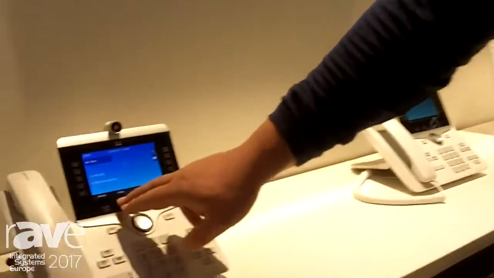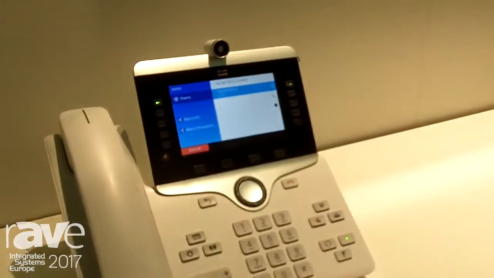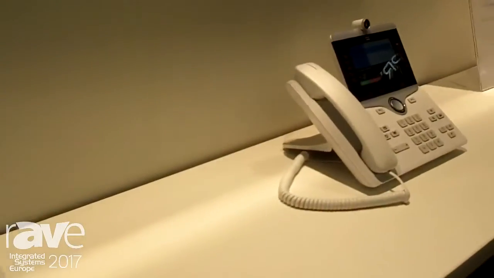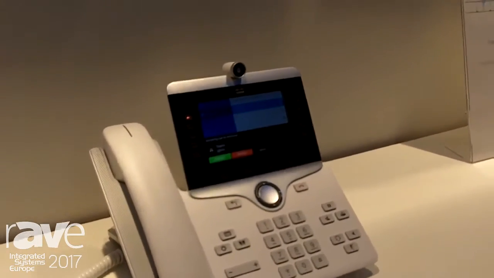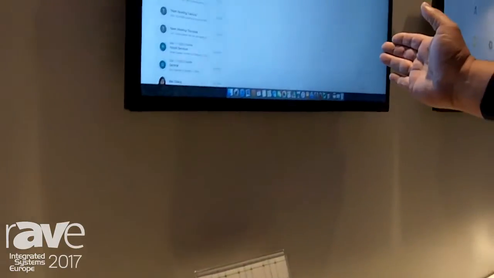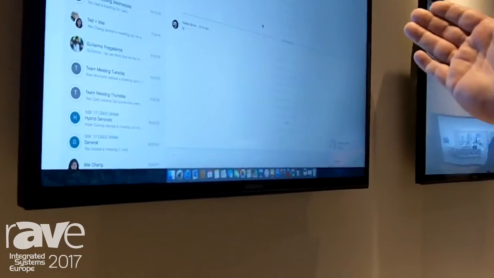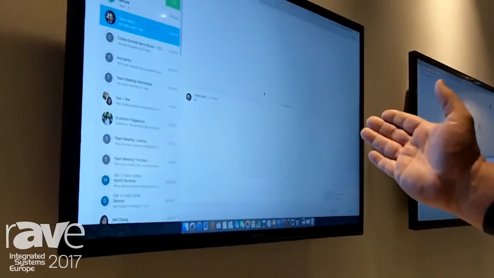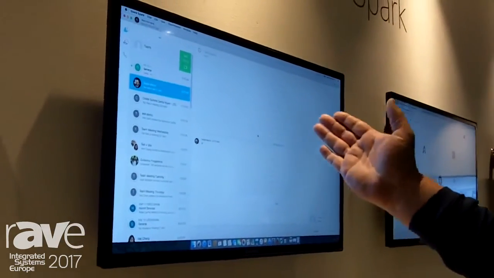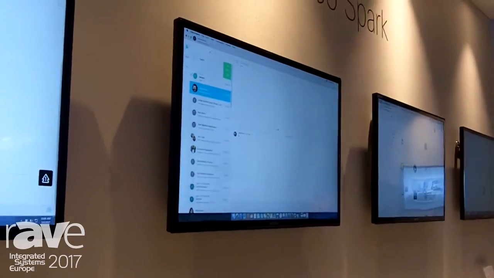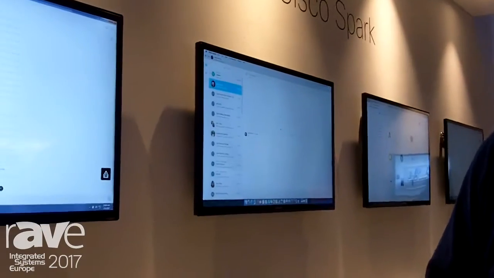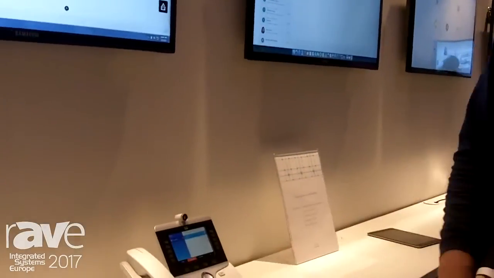So what I will do now is I will start a call on this phone. Starting the call will obviously trigger the other phone to ring, but since it's connected to the cloud, we will also have the Spark client ring. So now I have a fully functional phone on my mobile app, on my desktop, using Cisco Communication Manager to provide phones. As part of the demo, I will actually answer the call on my phone, because there's one more